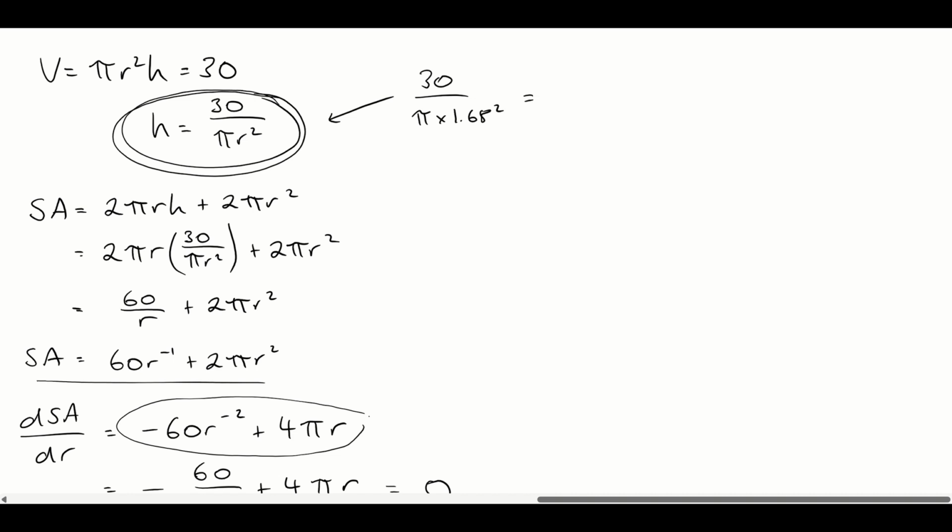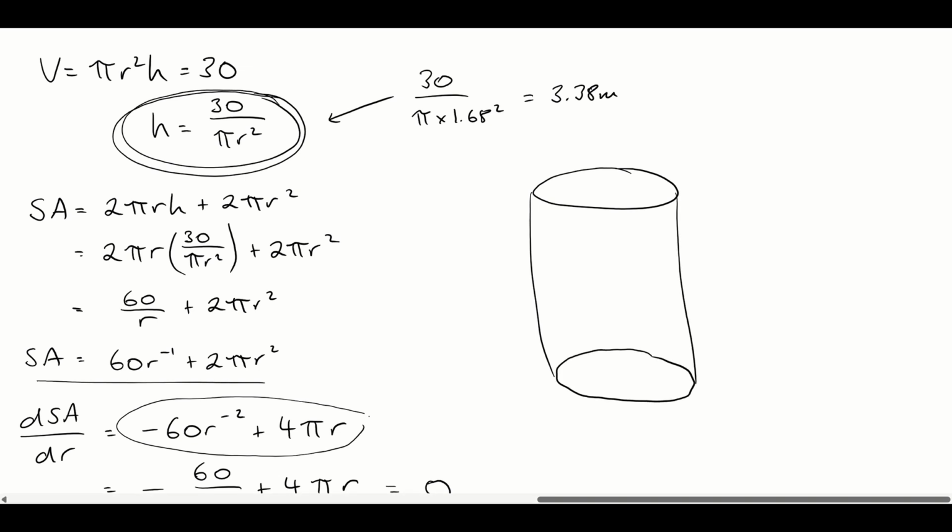And again, pop that into a calculator, and you should check that you end up with 3.38 meters. So your cylinder looks something like this. This is what the water tank looks like. We've got a radius down here of 1.68 meters